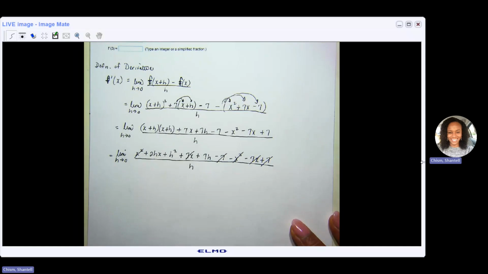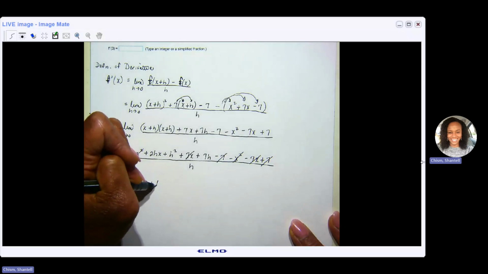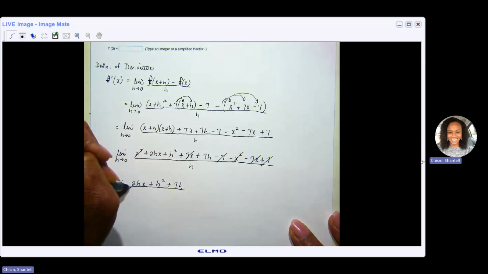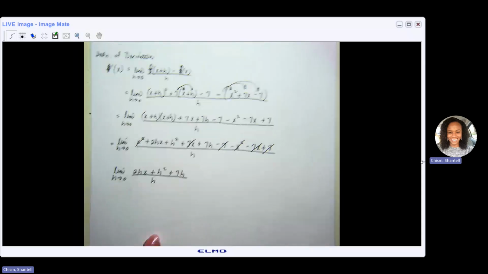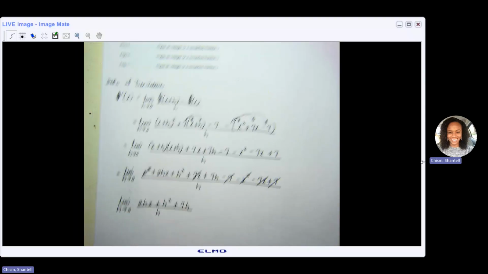Let's see what else we have here. Anything else? I think that's it. That will cancel. So I now have limit as h approaches 0 of 2hx plus h squared plus 7h all over h. Okay? Now you can see how this is more involved than that previous problem because the original equation was a